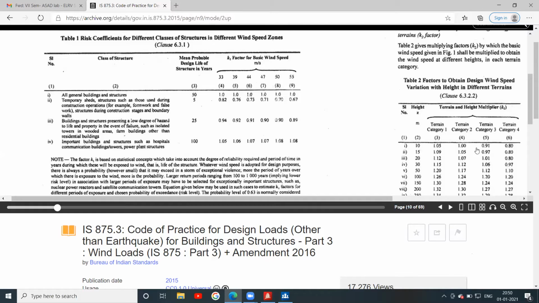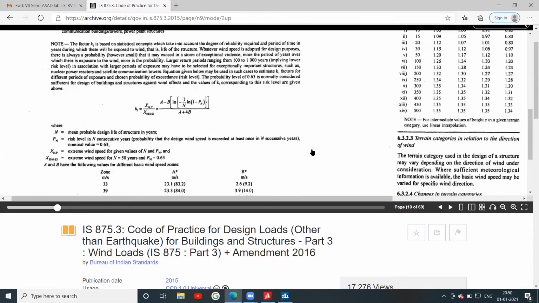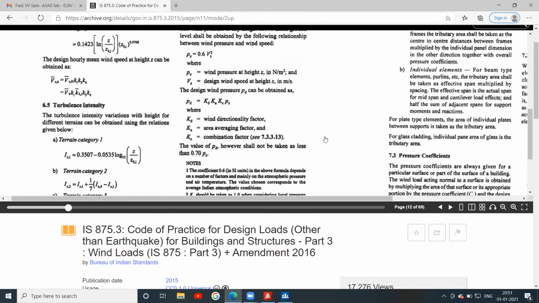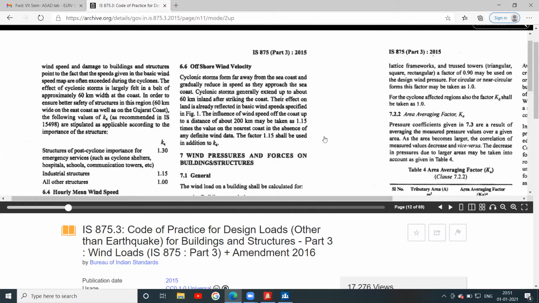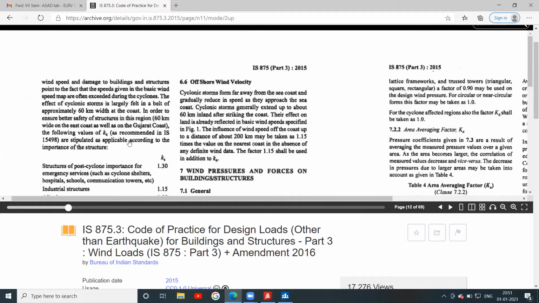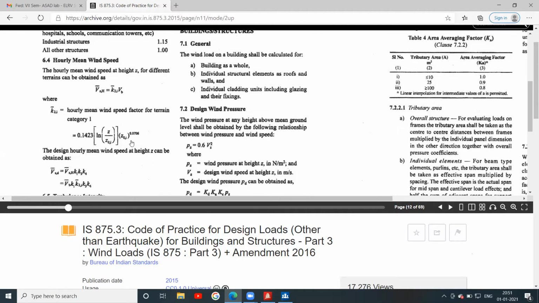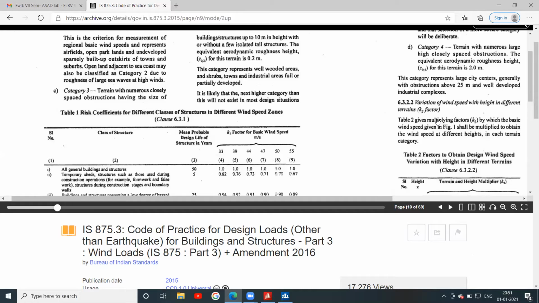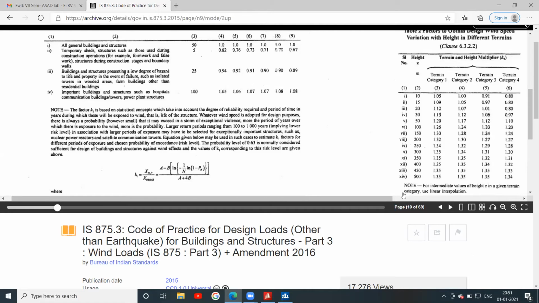For up to 10 meters, category 3, you can take K2 as 0.91.